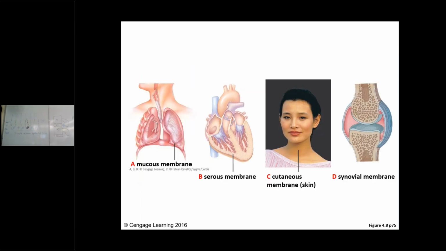And so here you're seeing examples of the different types of coverings. And here, all the way to the right, you're seeing a joint, two bones. There's cartilage present, and then there's this membrane present. And the inner membrane is the synovial membrane. So this inner membrane, that pink, is the synovial membrane that produces this fluid that allows for this joint to have some fluid present so that it's moving properly. It's not having issues with movement.